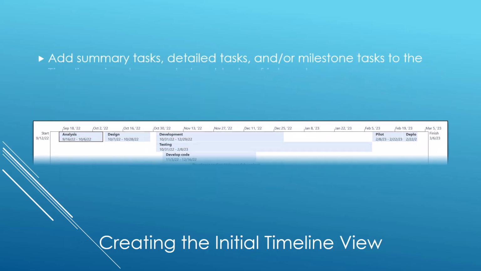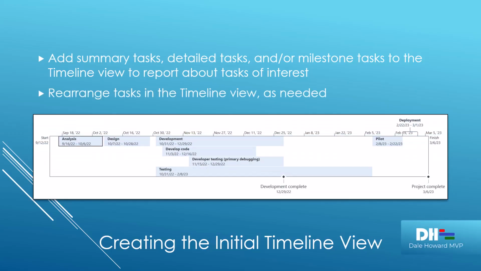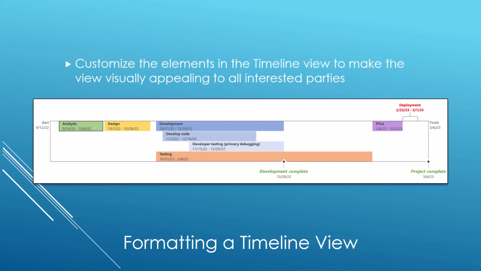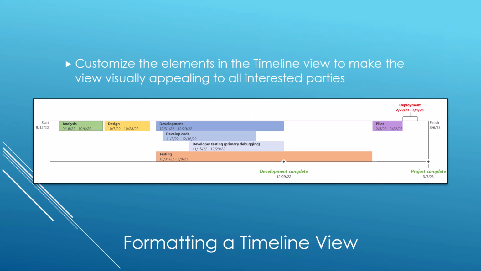In the first wave, you'll want to add summary tasks, detailed tasks, and/or milestone tasks to the timeline view to report about tasks of interest. You may also want to rearrange those tasks in a different order in the timeline view as needed. In the second wave of planning, you'll be formatting the timeline view. To do this, you'll need to customize the elements in the timeline view to make the view visually appealing to